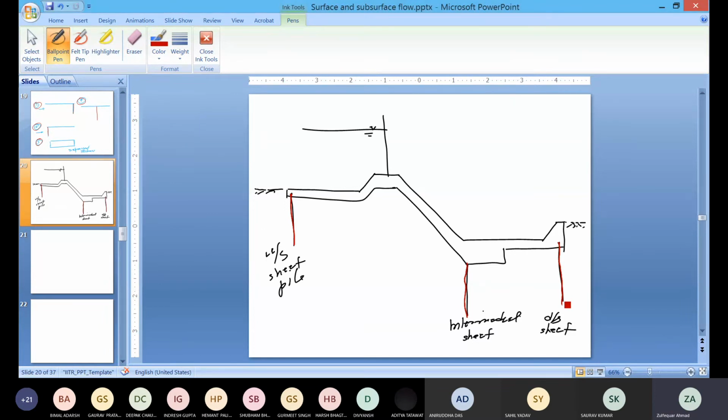And the most important point is that, in totality, this problem cannot be solved directly by Khosla. The reason is that Khosla came out with solutions for a horizontal floor with a downstream sheet pile, or a horizontal floor with an upstream sheet pile, or a horizontal floor with an intermediate sheet pile. Then how will we solve this problem? That is the point. We have to use this method, but how do we have to solve it? Could you suggest?